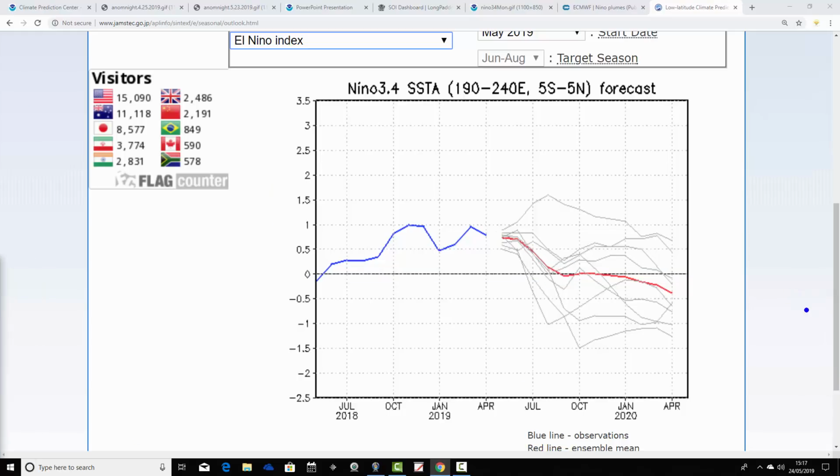Quite a split, though, you'll notice, between the ensemble members. So some of them are up here in sort of moderate El Nino territory. Quite a few more of these ensemble members with JAMSTEC, though, going into La Nina territory. So out of the 3 models, I think JAMSTEC is the one that possibly hints that we go towards La Nina through the course of this summer and into the autumn. But it certainly isn't definitive. There's quite a split there between those members of JAMSTEC's ensemble.